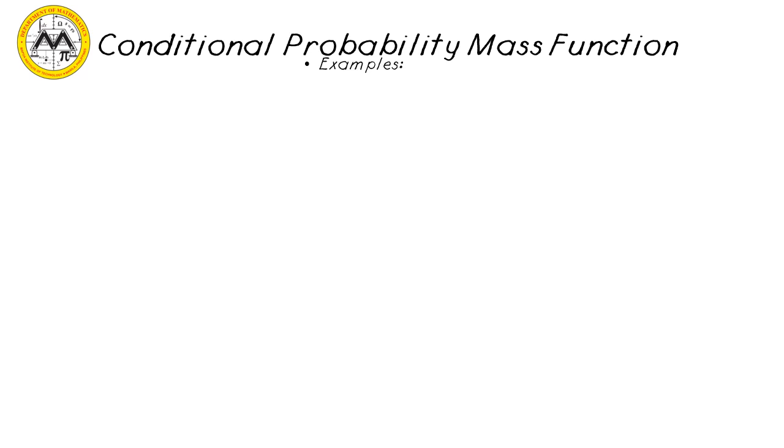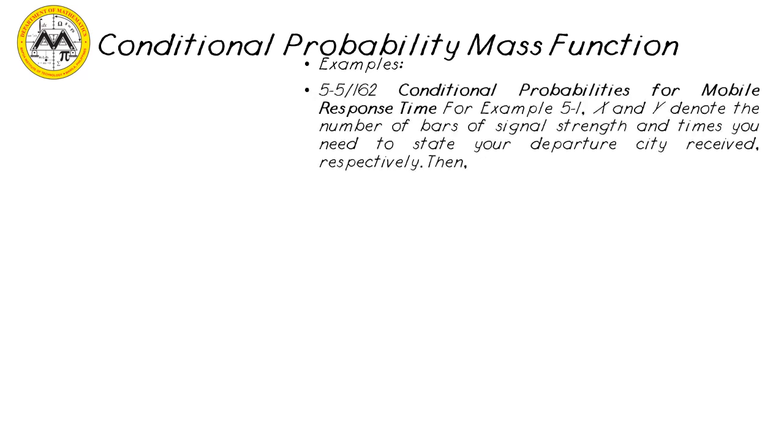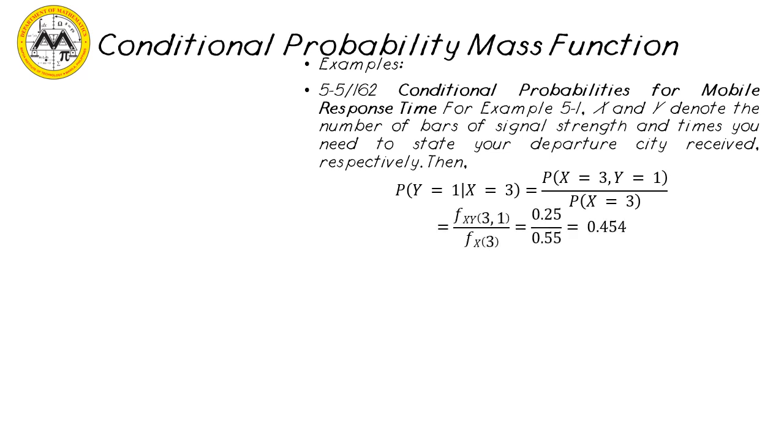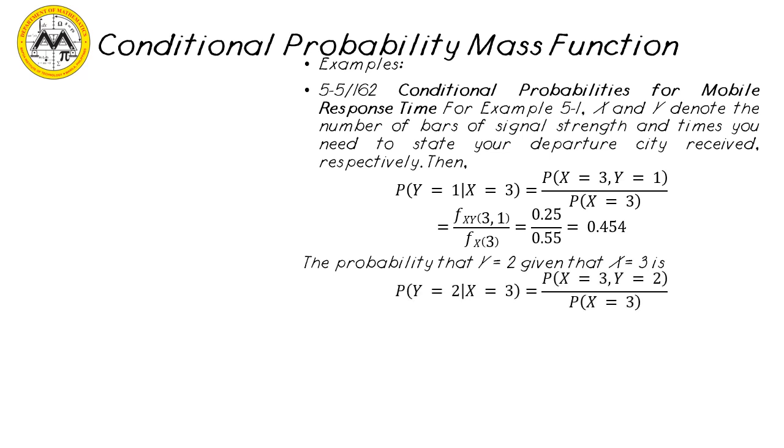The conditional probability mass function example. For the conditional probabilities of a mobile response time in the previous example, example 5-1, x and y denote the number of bars of signal strength and times you need to state your departure city received. Then,